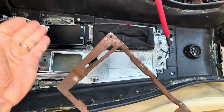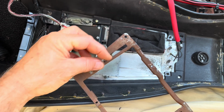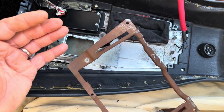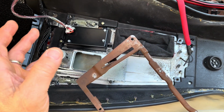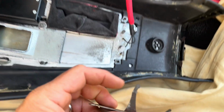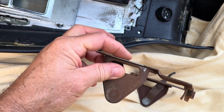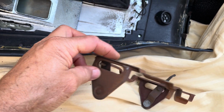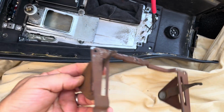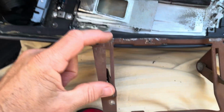The new system is totally different than the old system. The old system, you use vacuum tubes to control the vents. I suppose you could leave some of that in place. I'm not really using the vacuum controlled side vent system, so I'm not using these levers at all. But anyway, that's beside the point. The point of this video is to let you know that you need to mount the controller into this plate,